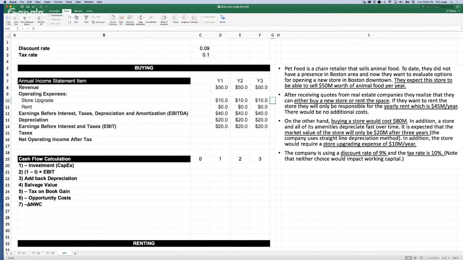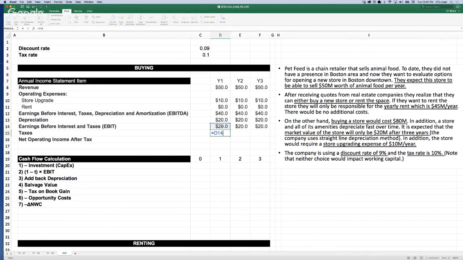But this was a good sanity check. I was getting an earnings before interest and taxes of minus 20 and something. While this is possible and could definitely happen, it raised a red flag for me. When I reviewed it, you could see that the store upgrading expense was 10 million, but I had incorrectly used the value for the rent, which was 45 million. Okay, so now we have the EBIT here.